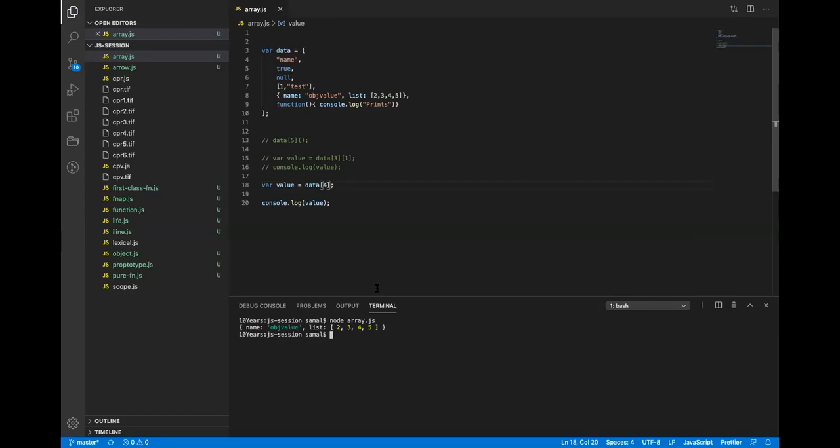Dot list and in square bracket 4. Okay. So it will be dot list. But now basically I have reached that array, right? Now, because it is again an array, I can just say index 3 and it will basically print me that third index, right? So again, see this. By reading this, I can reconstruct what is the actual data type, data which is stored, right? So this is also valid, and I can do something like this also.